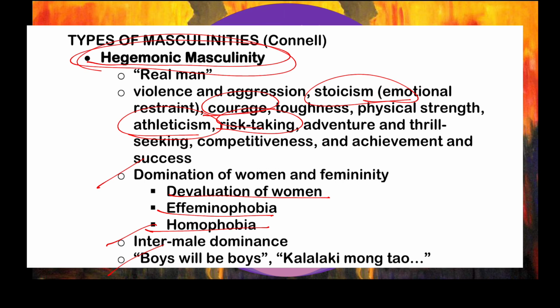And then of course, yung mga kalalaki mong tao, nakatikwas yung mga daliri mo. Kalalaki mong tao, sumisigaw ka pag nanonood ka ng horror. Kalalaki mong tao, pero hindi ka masyado kang mahiyain. Yung kalalaki mong tao in the Philippines, hindi ka marunong mag-basketball. Di ba ganon? So these are examples of how society, social groups, individuals do negative social sanction. Negative sanction on people who do not demonstrate hegemonic masculinity, especially for